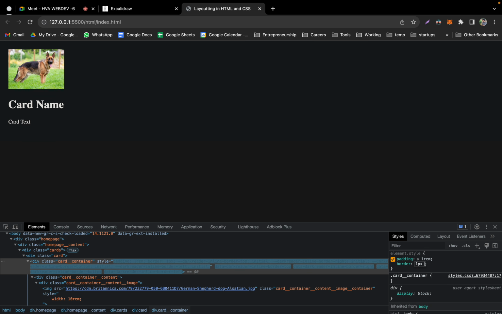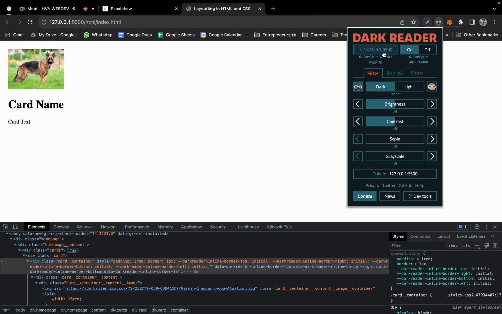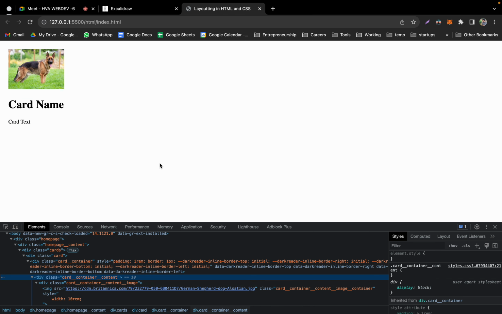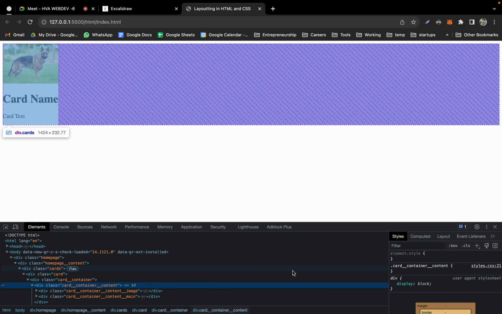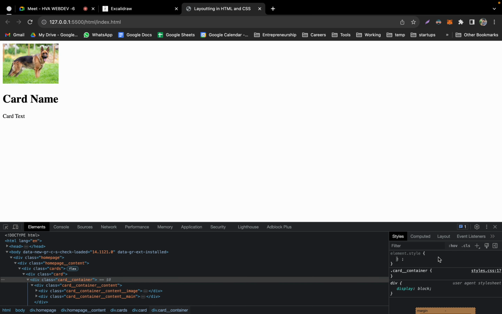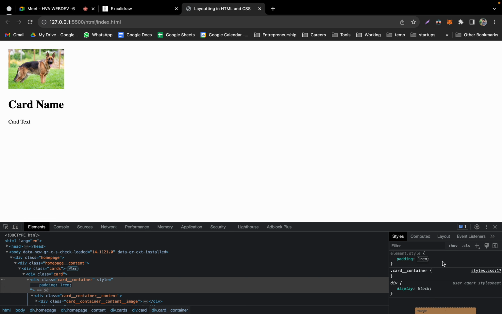Border as 1 pixel, solid gray. Okay. So on container we can put it like 1 rem.